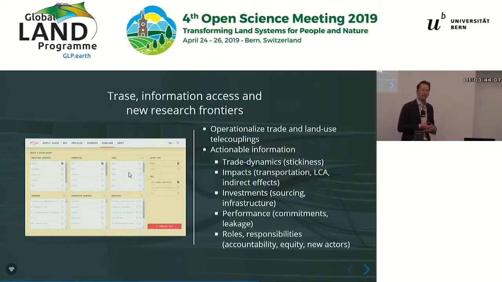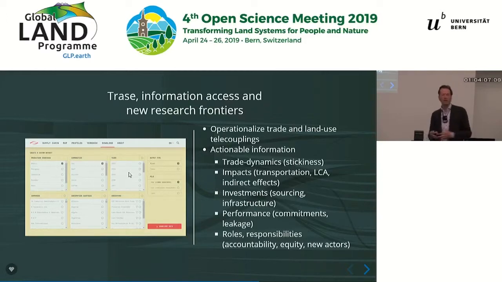Trace can obviously do a lot more than that, and one of the reasons why it's such a privilege to be here and to talk and see how the interest of different researchers have in Trace, is that we really want these data to be used and unlocked in ways that we would never be able to do ourselves. So you can download these data, and of course there are many different applications for this kind of data, combined with other data from other areas.